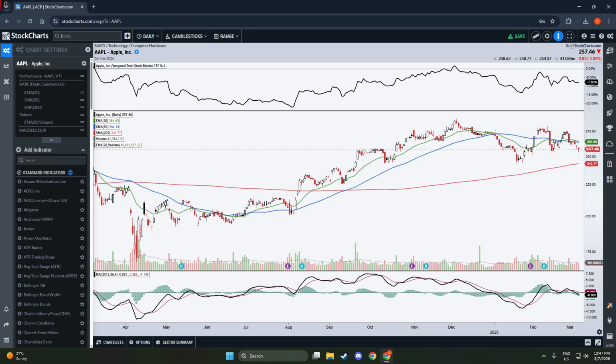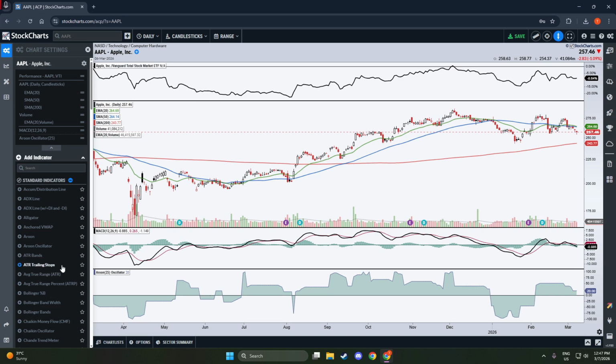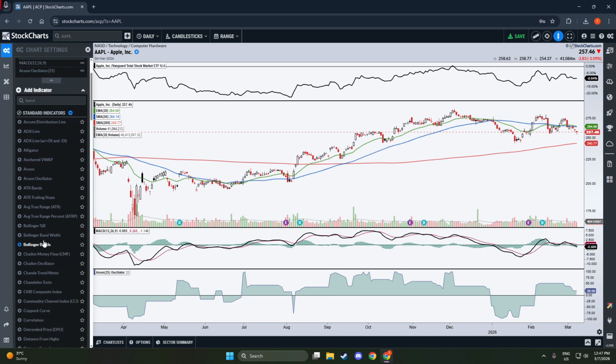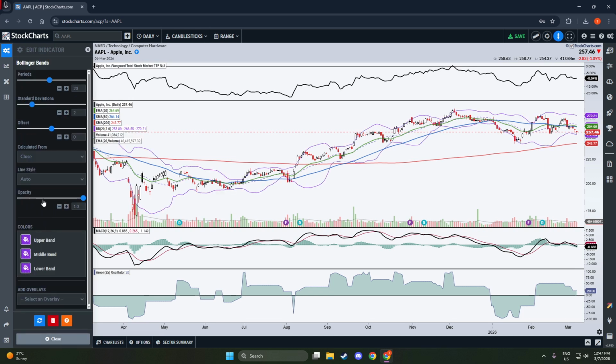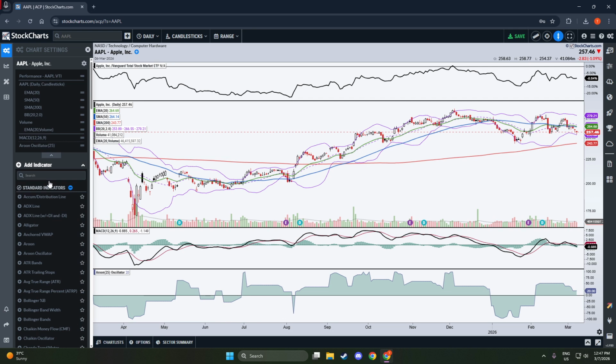Next, make the chart your own. This is where indicators, overlays, and time frame come into play. Indicators typically appear in separate panels or beneath the price, offering math-based insights like momentum or trend strength. Overlays sit directly on top of the price bars or candles, helping you visualize things like moving averages or volatility bands. Time frame controls how much price history you see and the granularity of each bar, whether that's daily, weekly,